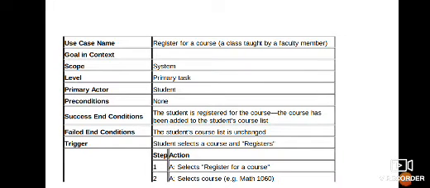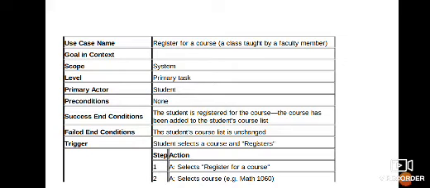Okay, this is one example listed in your textbook, wherein a student is trying to register for a particular course in a university. So you have the conditions and the interactions listed there. The primary actor is the student, with no preconditions required for this particular course. The success end condition is that the student is successfully registered for the course. Failure is that the student's course list is unchanged. Once a student registers, that course should appear in the student's registration list. If the course is not appearing in the registration list, it means the registration was unsuccessful. That is why the last registered course is not listed.